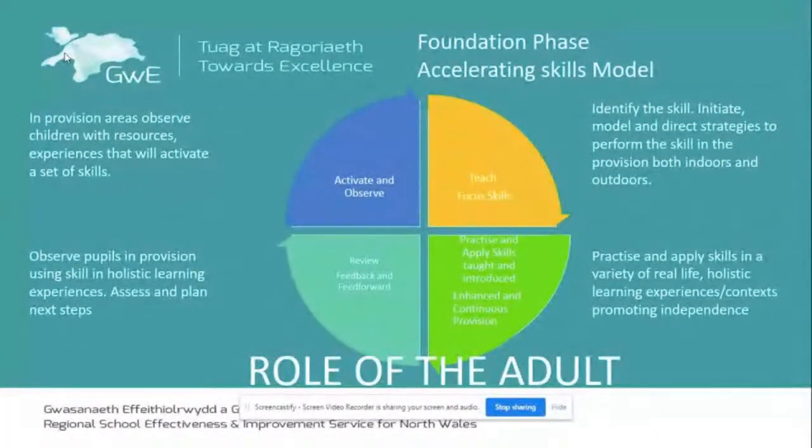Then practice and apply skills taught and introduced in a variety of real-life, holistic learning experiences, contexts, promoting independence at enhanced and continuous provision. Then review the skill learned. Observe pupils in provision using holistic learning experiences, assess the skill, and plan the next steps, therefore reviewing and feeding forward. Flowing through all of the model is the role of the adult.